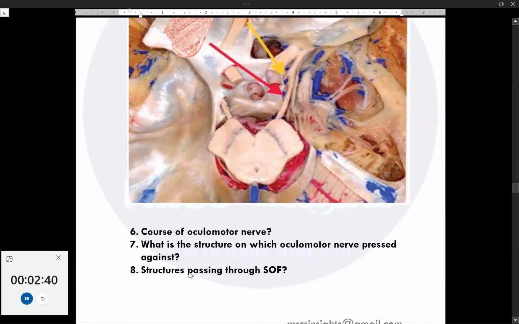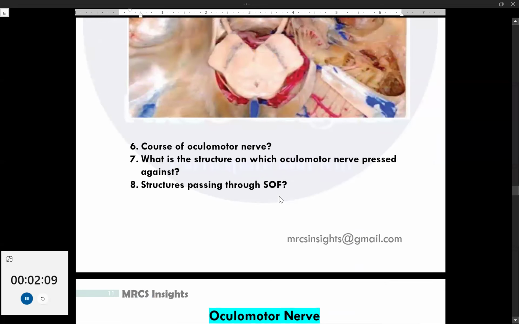So now tell me, what are the structures passing through this superior orbital fissure? The oculomotor nerve, trochlear nerve, abducens nerve, and ophthalmic nerve, and the superior and inferior ophthalmic veins. The ophthalmic nerve is again divided into three branches: frontal, nasociliary, and lacrimal. Okay, excellent. Thank you, doctor. These are all for your station. And you have completed it